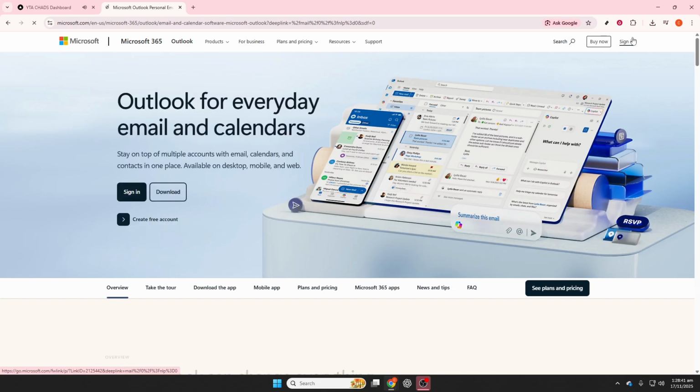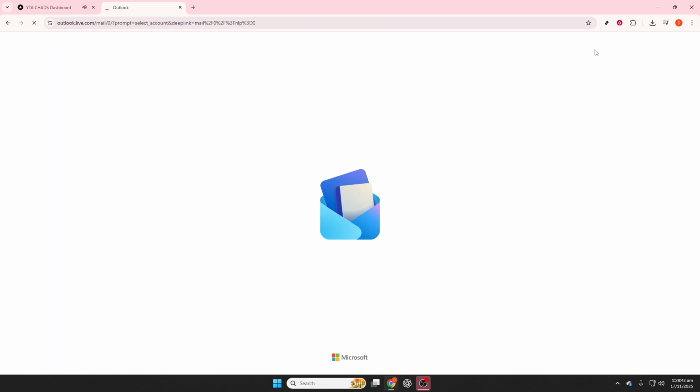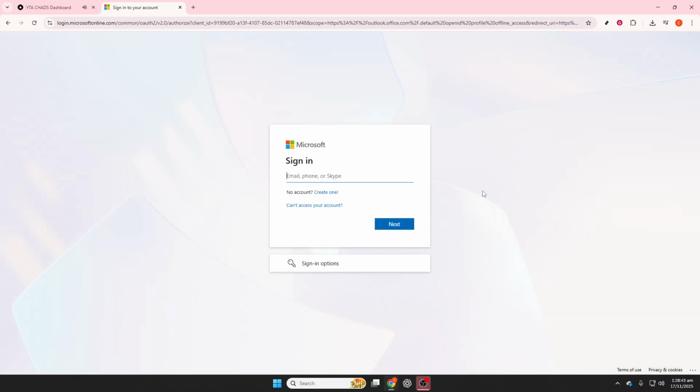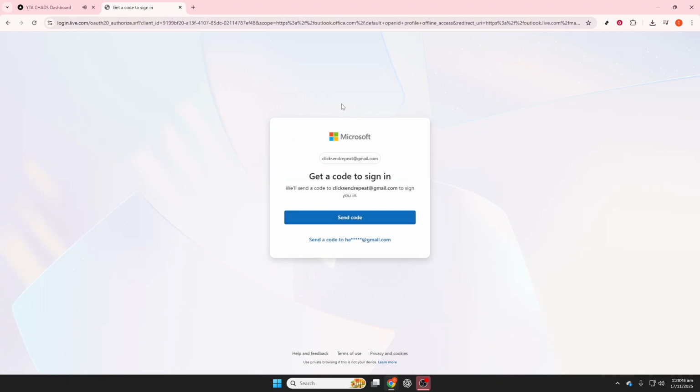By following these simple steps, you can safely log out of your Microsoft Outlook account whenever you need to. It's a straightforward process, but it's crucial for maintaining your account's security. Remember, if you're on a public or shared computer, always make sure to log out after each session to protect